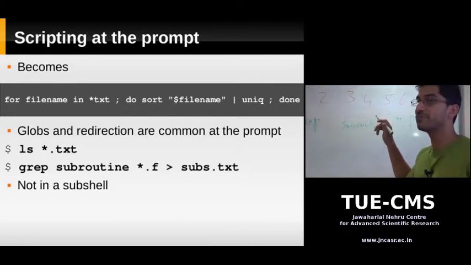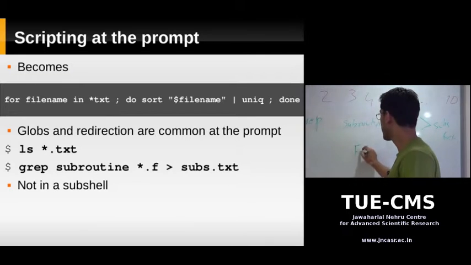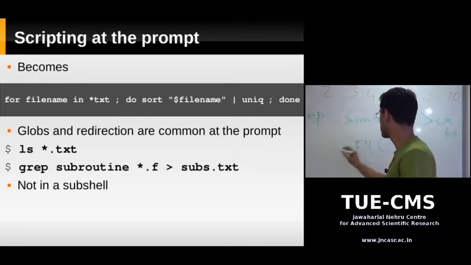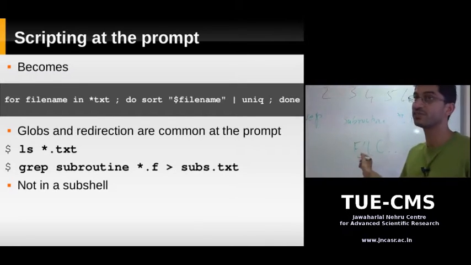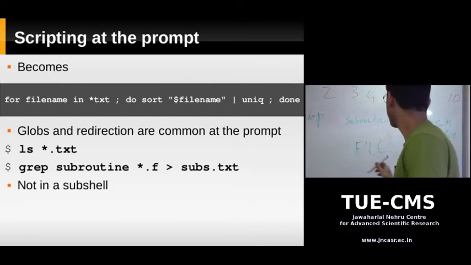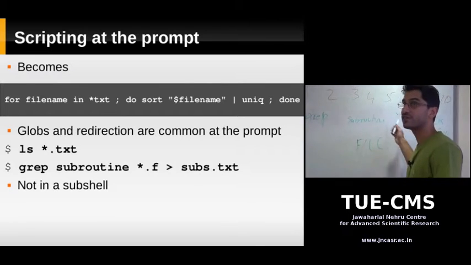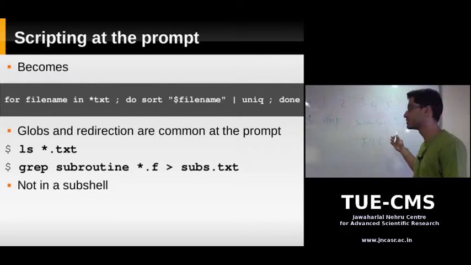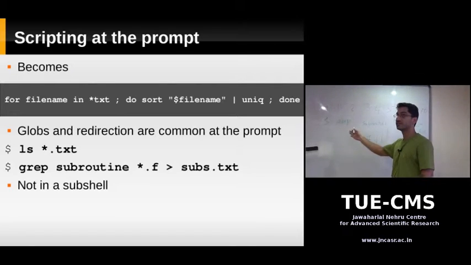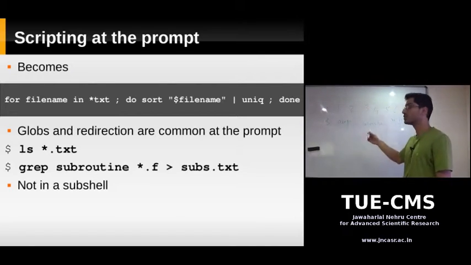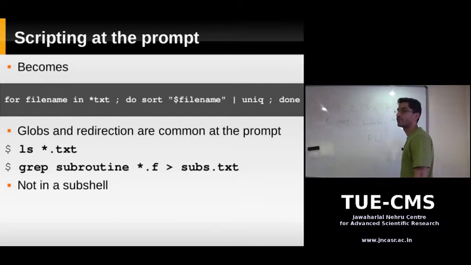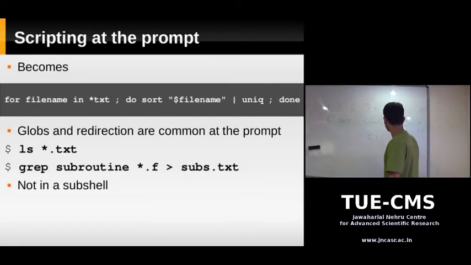If you look at the grep man page, at the end, grep pattern file, you have the ellipsis. That means you can put more than one file there. So that's what we're doing here. The star.f expands to maybe one or more files. Whatever output grep writes to standard output, you're redirecting to a file. So now you have a file which contains all the occurrences of the word subroutine in all your star.f files.